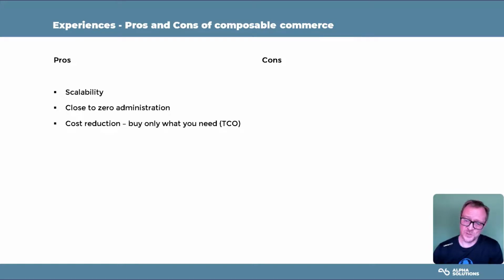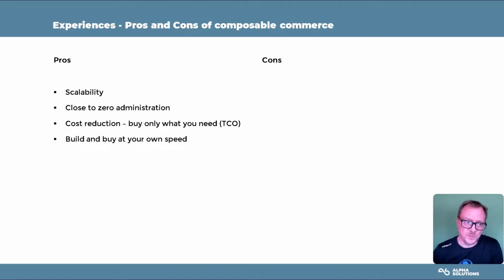Cost reduction, because two things here, right? You only buy exactly what you need. Otherwise you should find something maybe with a little less features, or a component where you don't enable those features so you don't pay for them. And if you're following the whole strategy with composable, you don't do a lift and shift necessarily. So buy the components when you need them, instead of what has been used for a lot of years: you buy the full-fledged system and then you start developing on it, and maybe after some years, you use 10% or 20% or 30%. So only buy what you need, but also when you need it.